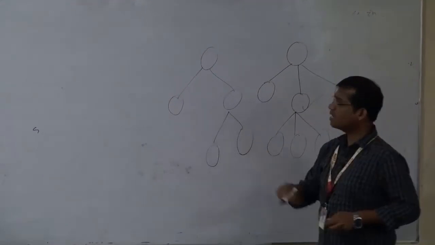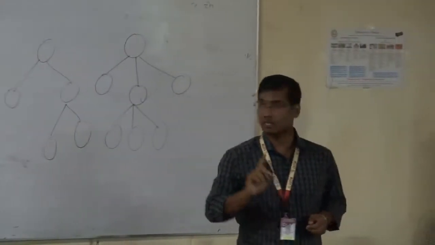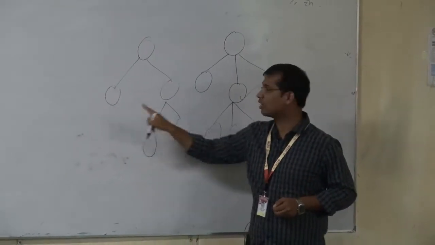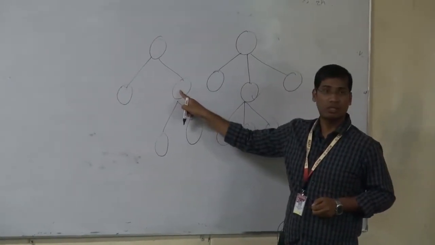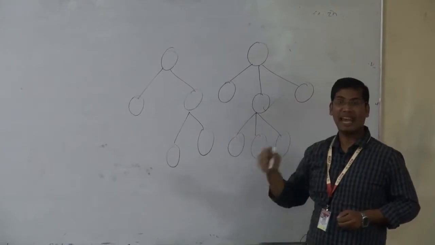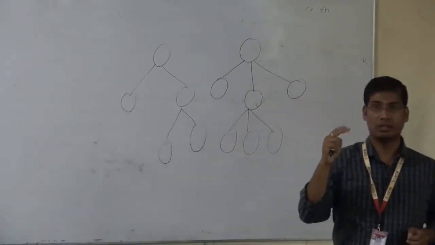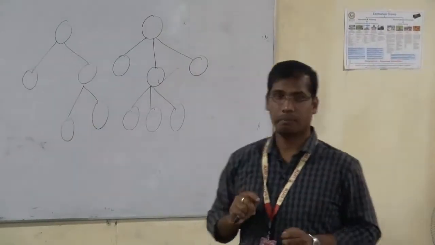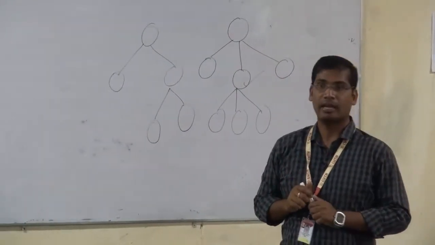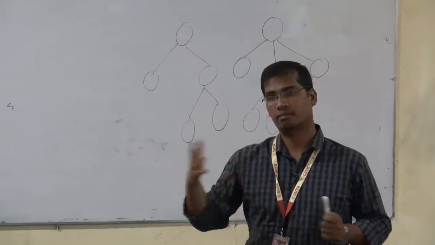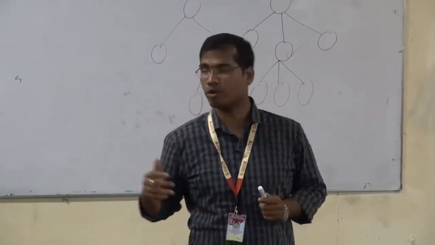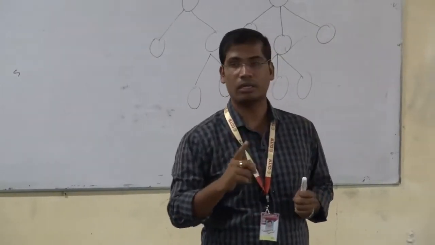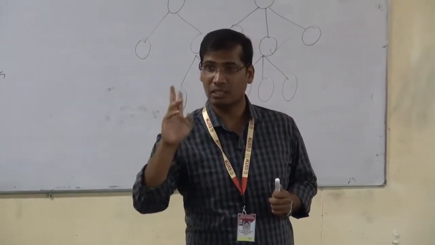is this a binary tree or not? Yes. Why? Check this node: 2 children. Check this node: no children. Let's check this node: 2 children. That means at max each node is having 2 children. So this is a binary tree. Yes or no? So in short that is mentioned over there. General tree means a node can have any number of children. There is no restriction. In binary tree there is a restriction. Each node has at max 2 children.